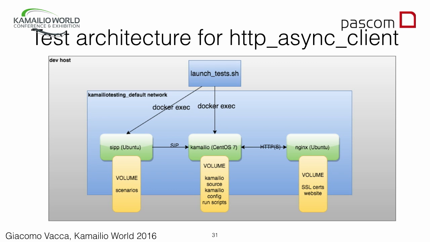And the yellow blocks are basically the volumes that we use in order to avoid rebuilding the containers every time, by sharing what changes often, like the test scenarios or even the website, I mean the HTTP responses inside the containers. And then with a simple shell script, we prepare Kamailio, we build it at the Git reference that we want, we deploy it inside a container, and then we launch the tests. To do this, and it's the other